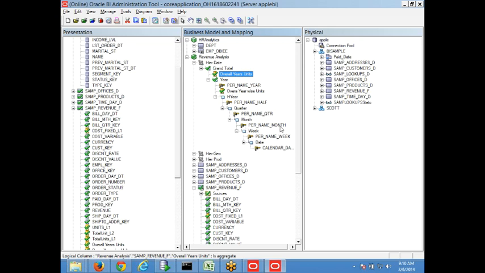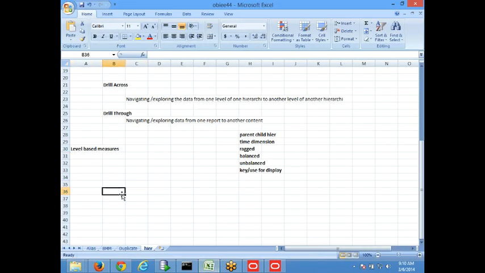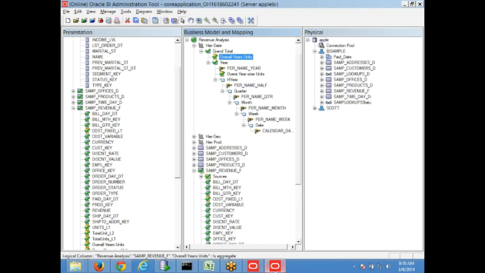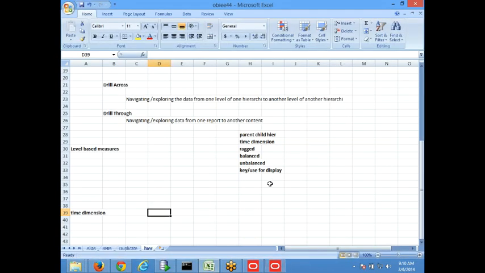Okay, so this is all level based, and tomorrow we'll start a new topic which is called time dimension and time series calculations. So when you are writing derivations, so far we have been doing the overall calculations, and there will be some different types of calculation, which are like, say right now I have this year,